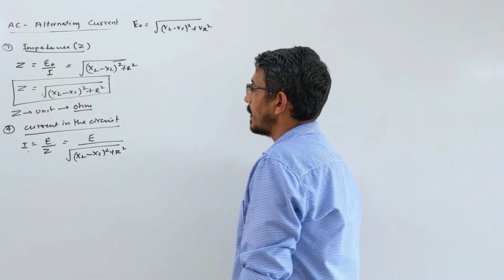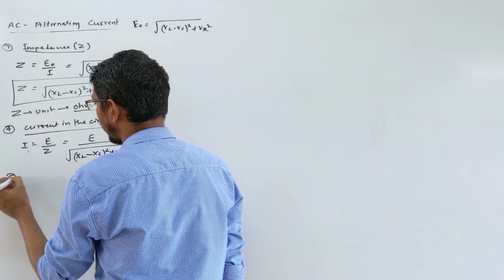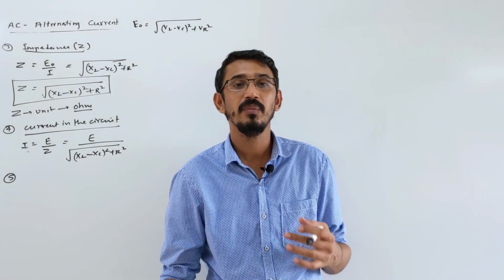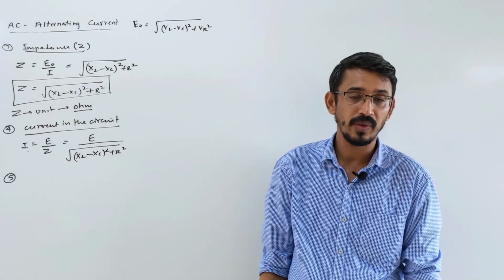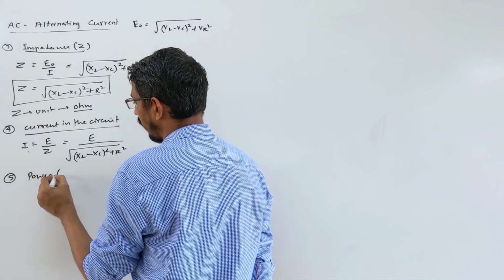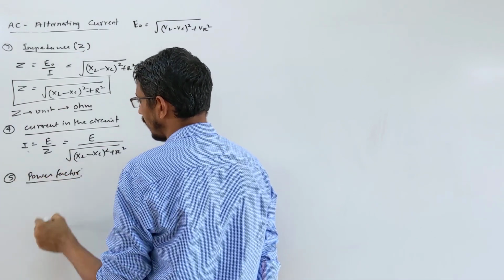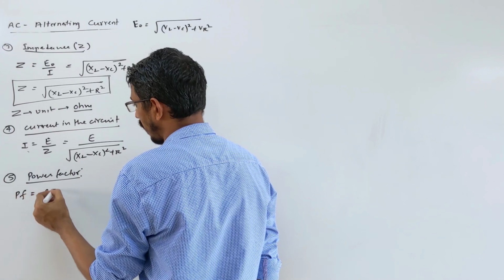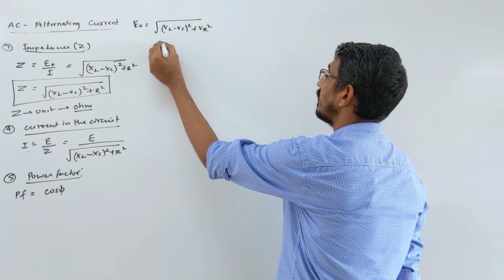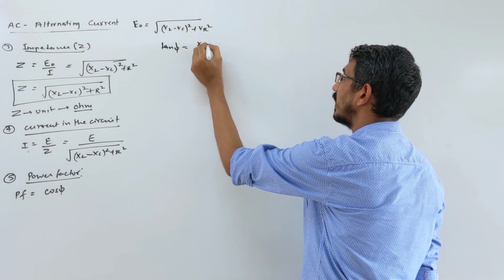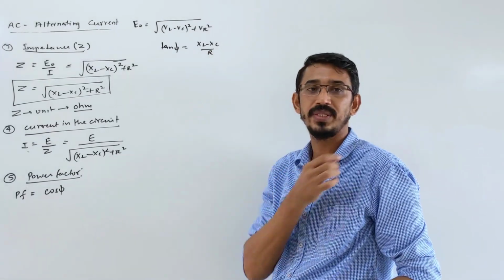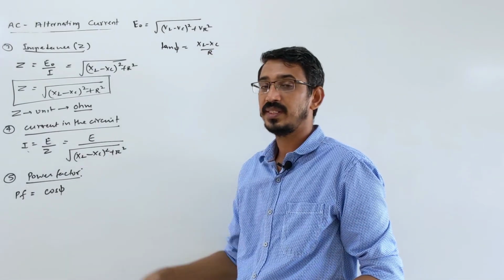Then one more point, they ask something called power factor. This power factor term tells you how much power is consumed by the circuit or how much power is flowing through the circuit. We don't have any special symbol for this, we just write PF. PF is equal to cos phi. Phi is the phase difference, remember? I wrote it here. What was the phase difference? You wrote tan phi is equal to (XL minus XC) by R, or in terms of voltage. So from here you calculate your phase difference, then you take cos of that phi. This gives the power factor.